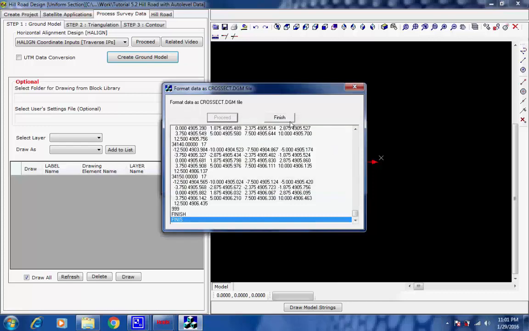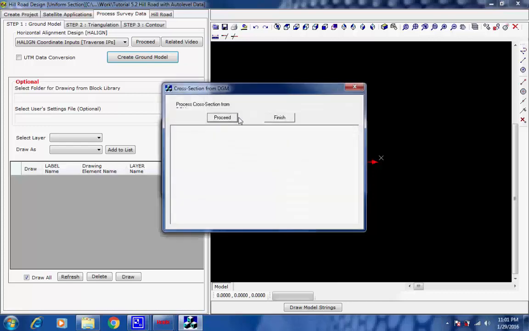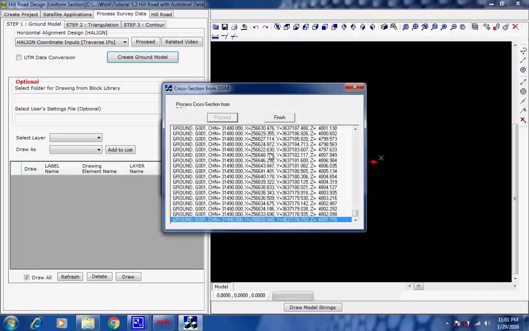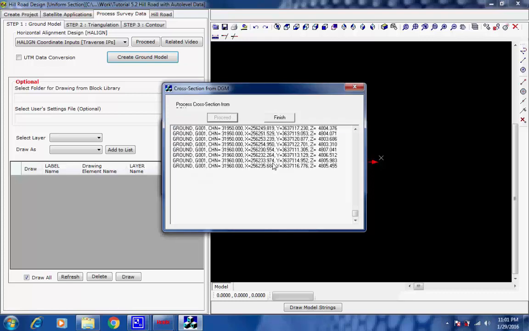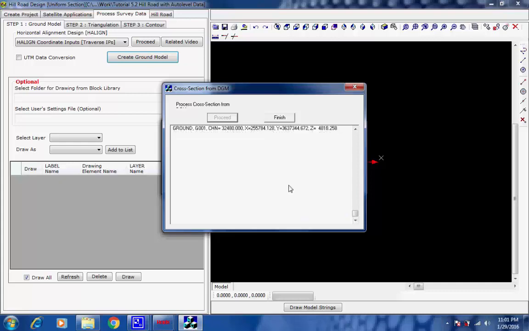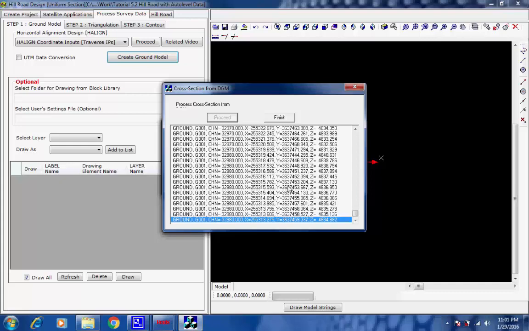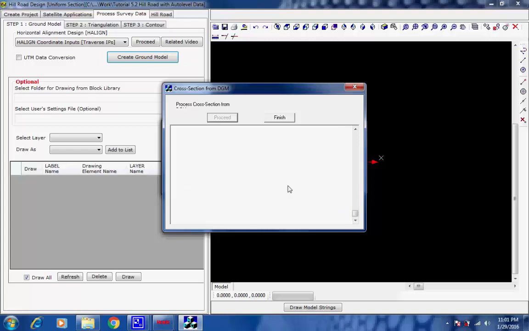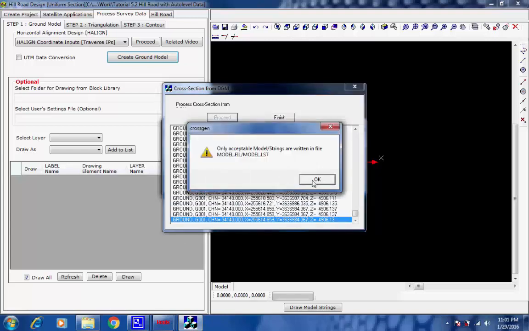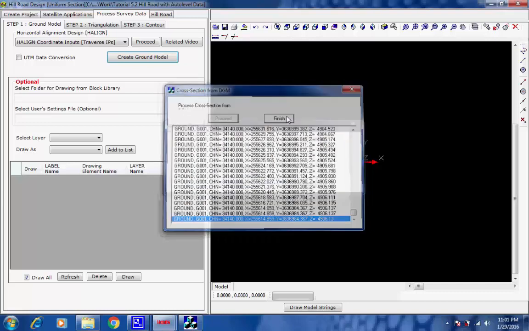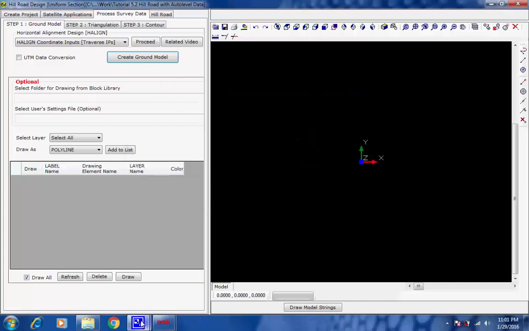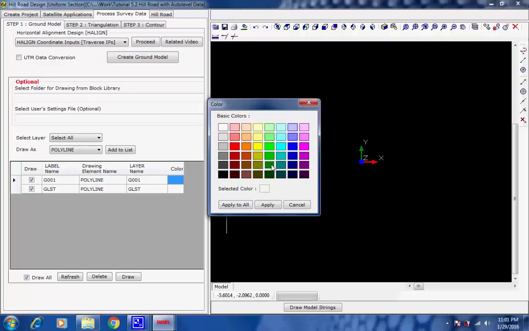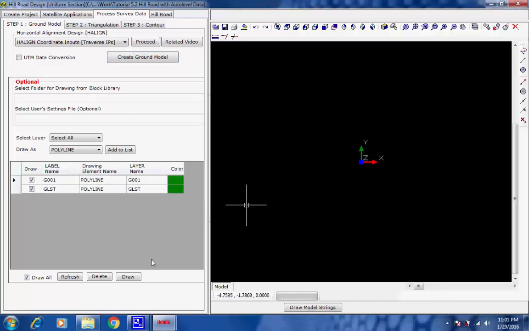The process dialog box comes, click on button Proceed. As the process is over, the message comes about the output file, click on button OK, click on button Finish. The auto level survey data is formatted into DGM format and is saved as crosssec.dgm file. The list of all the survey features are displayed. We select the desired color and click on button Apply to All to draw the ground model for all features